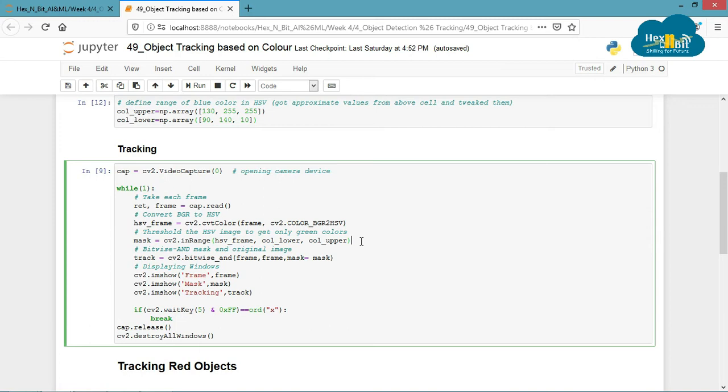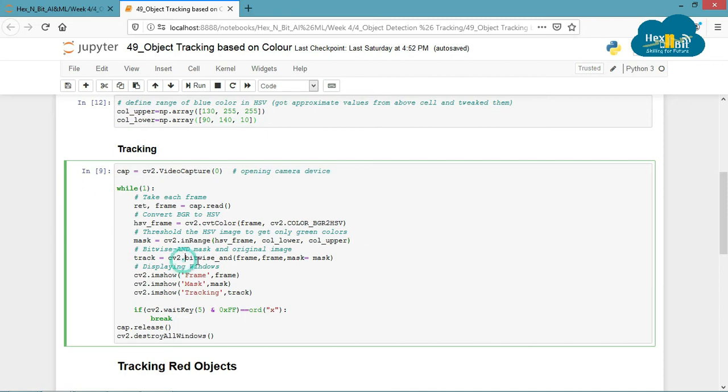And 0 means black. Therefore, this mask can be used in an ANDing operation, as anything ANDed with 0 will be 0. It means that wherever the mask has 0 values, the tracking frame will be black, and the mask will have 0 values only where blue color is not detected.